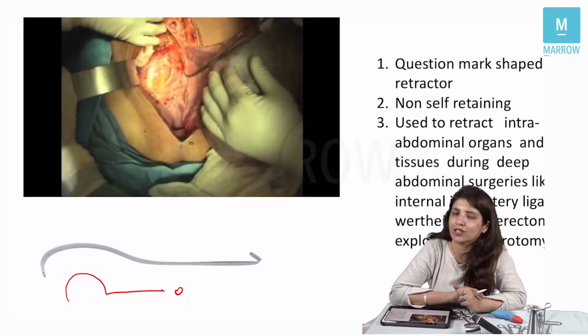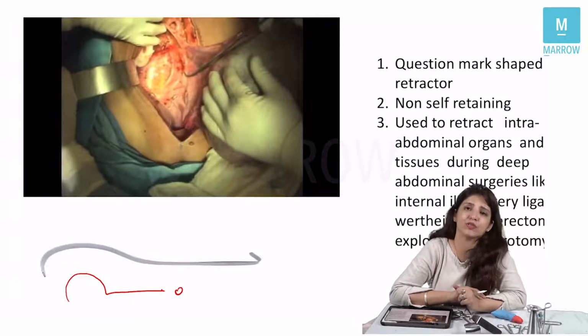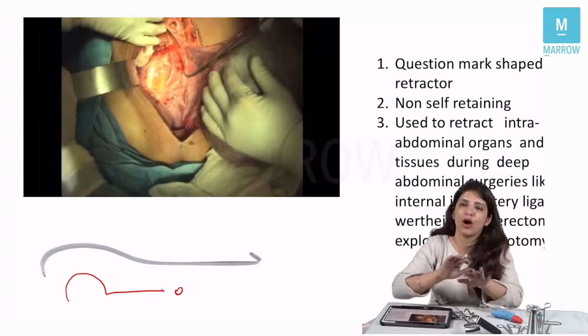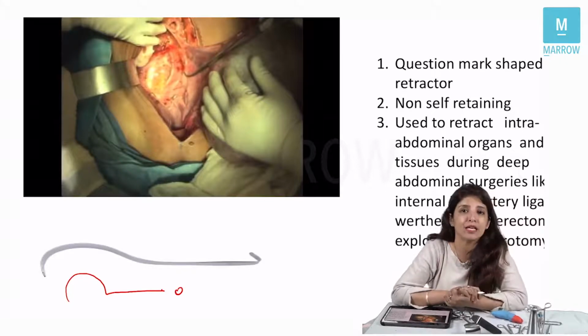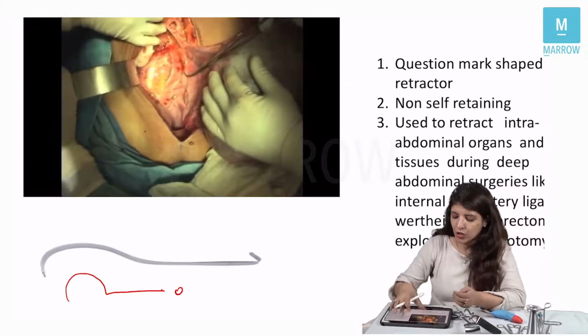Question mark shaped retractor. So whenever you get a question mark shaped retractor, it has to be a Deaver's retractor. Deaver's retractor is basically used to keep the abdominal organs out of sight when you are doing deep surgeries, right? So now,